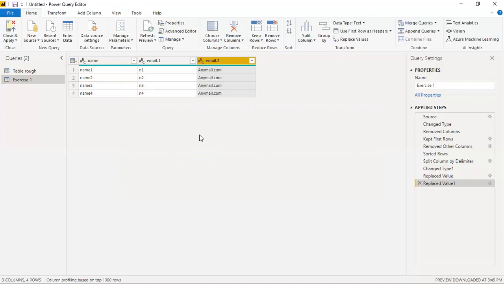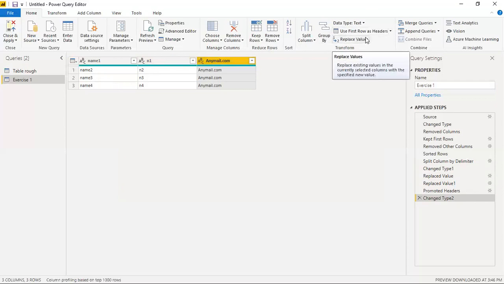So just create a table, do some R&D on this, and you will learn a lot from this. Once you're done with this, you will have at least enough confidence to start with any data. You can edit the data the way you want. Again, guys, there are other options too. As you can see, use first row as header. You can click on this, and the first row will become your header, if you want to. Other replace you have already seen, and merge query and other things are not really required right now, so I'm not going to implement those.